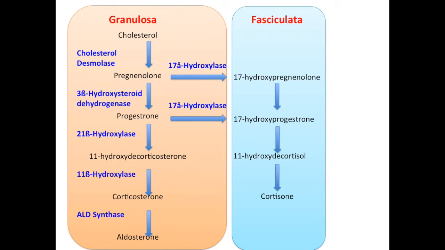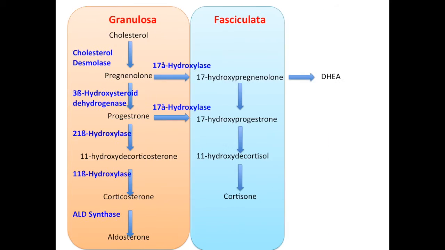Now this all happens in the fasciculata. We have one more region we're going to get to, and that's going to be the reticularis. So that's how we're going to really get our sex hormones going. So we have our 17-hydroxypregnenolone, and that's going to give us DHEA. Okay, so the DHEA with our 3-beta-hydroxysteroid dehydrogenase will give us androstenedione. Androstenedione can take one of two trips, but right now we're going to focus on the fact that it becomes testosterone, right? The testosterone can then become DHT using 5-alpha reductase, which is present in the adrenal gland, or